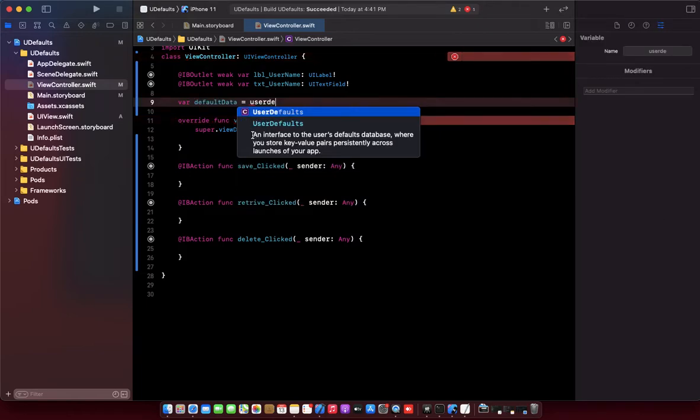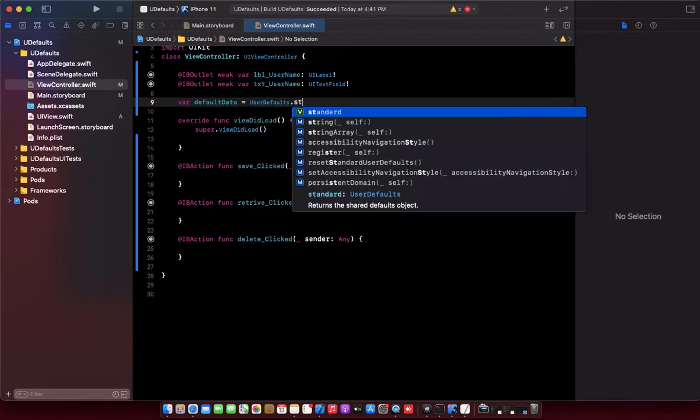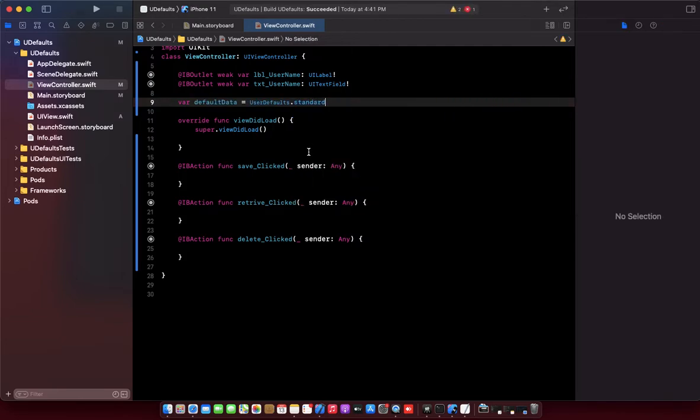According to Apple, UserDefaults is an interface to the user defaults database where you store key and value pairs. Whatever we save in user defaults always has a key and value. The key is responsible for saving and retrieving the data from defaults. So UserDefaults.standard always returns the shared defaults object.